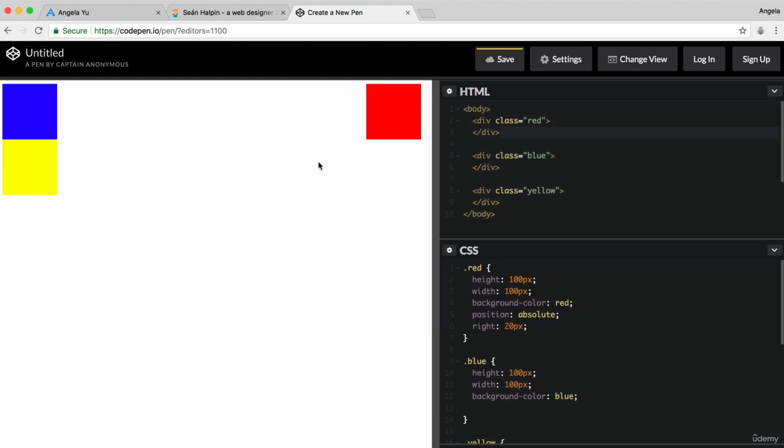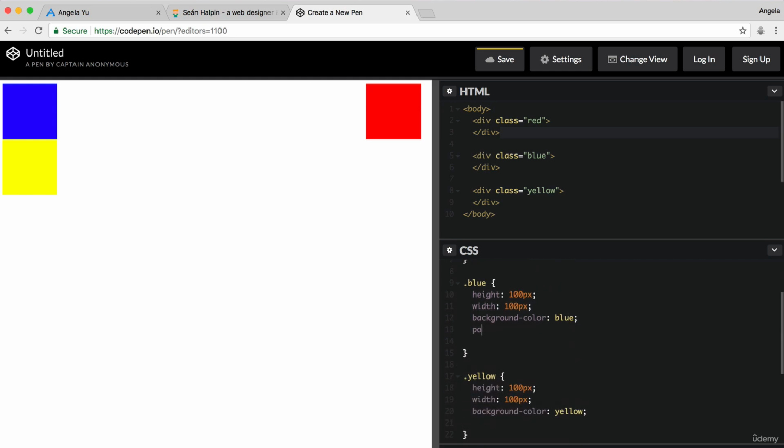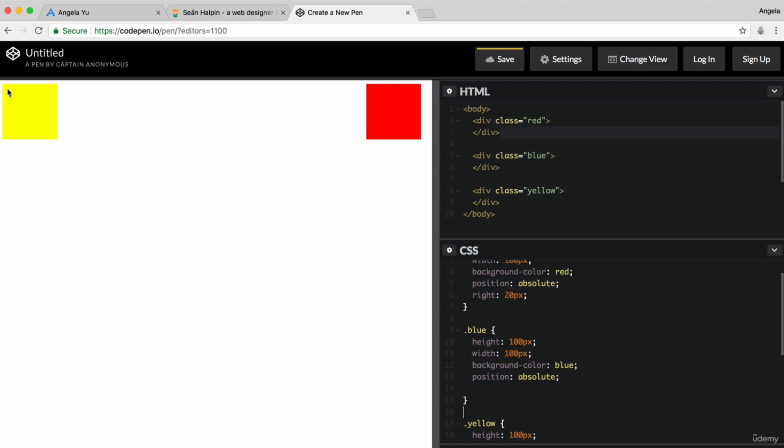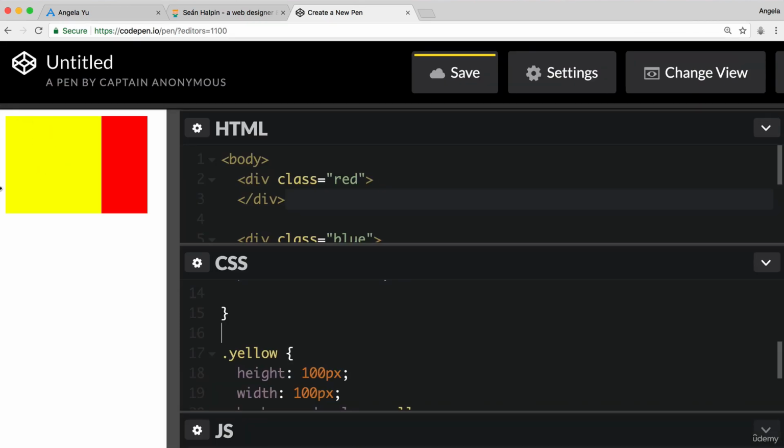So in order to achieve the design that we want, the first thing that I'm going to do is add position absolute to all of our divs. Now, the yellow is almost exactly where it's meant to be, apart from one slight problem. And this was a bit of a trick question in there to see if you remembered what we did before. You can see that we're trying to get the yellow to touch with the left and the top edge. Now, I appreciate it's a little bit difficult to see because of how bright that yellow is. But if you look carefully, you can see that there's definitely a margin there between the yellow and the edge